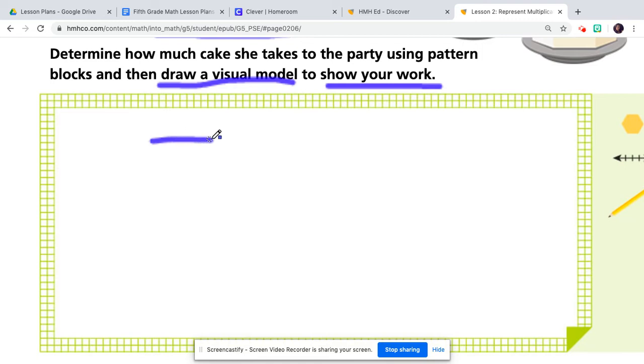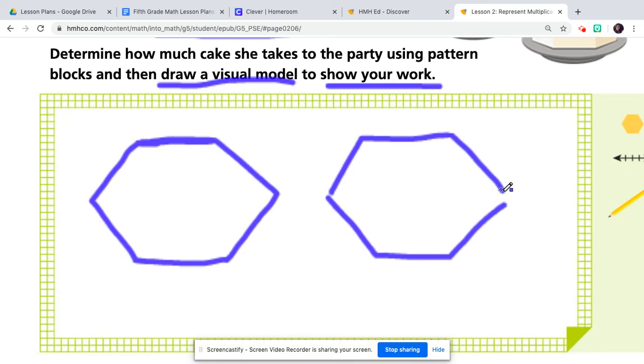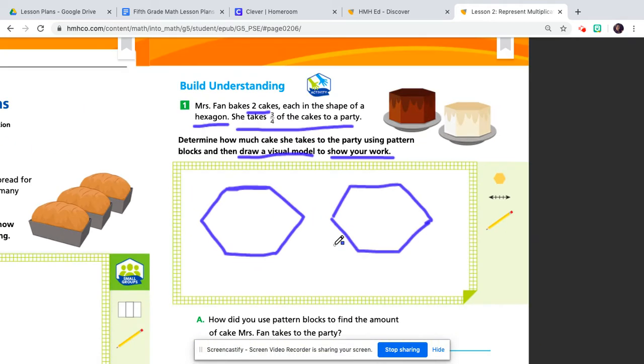So I'm going to show my 2 hexagon cakes. Remember, a hexagon has 6 equal sides. I'm going to try to make these as equal as I possibly can. Yep, I failed. Okay, and I'm going to make another one because he has 2 cakes. And each one of them is in this shape. Did I have to make them in this shape? No, I could have made rectangles. Why did I? I don't know. Maybe I wanted to make my life complicated. Okay, here are his 2 cakes, and